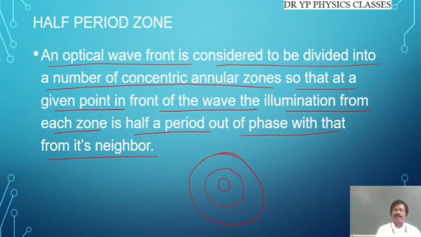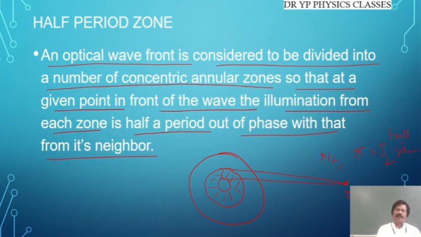I will repeat it. Okay. So, at this particular point O, light from this particular portion and the light from this particular portion reaching this point differ by a path difference of lambda by 2, or a phase difference of pi, and this phase difference is equal to T by 2. So the area enclosed in this particular region is half period. This is half period. Okay. T is period, half period.